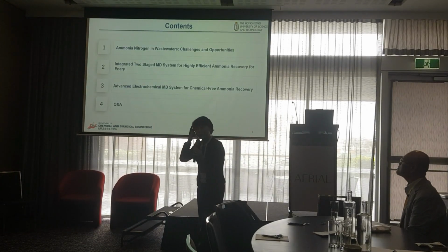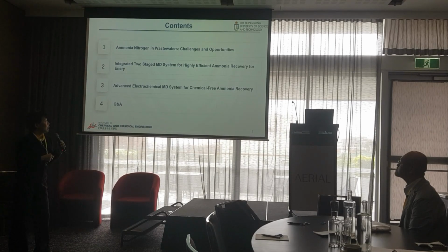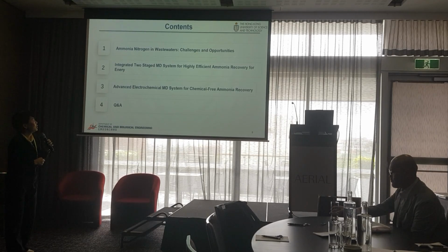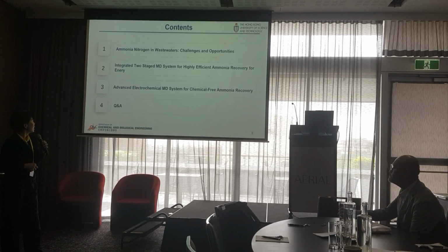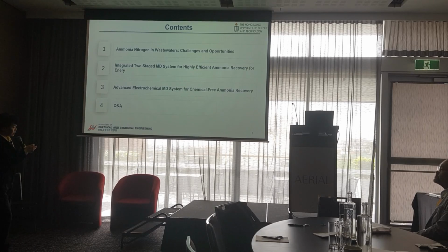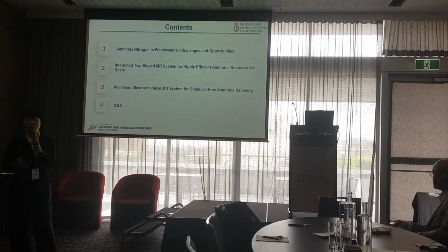So today I'm going to share some of our ongoing work on ammonia nitrogen in wastewater, the challenges and opportunities. First I will introduce the integrated two-stage membrane distillation system for highly efficient ammonia recovery. This work is more about practical applications. The second study is the advanced electrochemical MD system for chemical-free ammonia recovery. This is a little bit more fundamental research. So my talk will be a combination of practical application and fundamental understanding of how we can